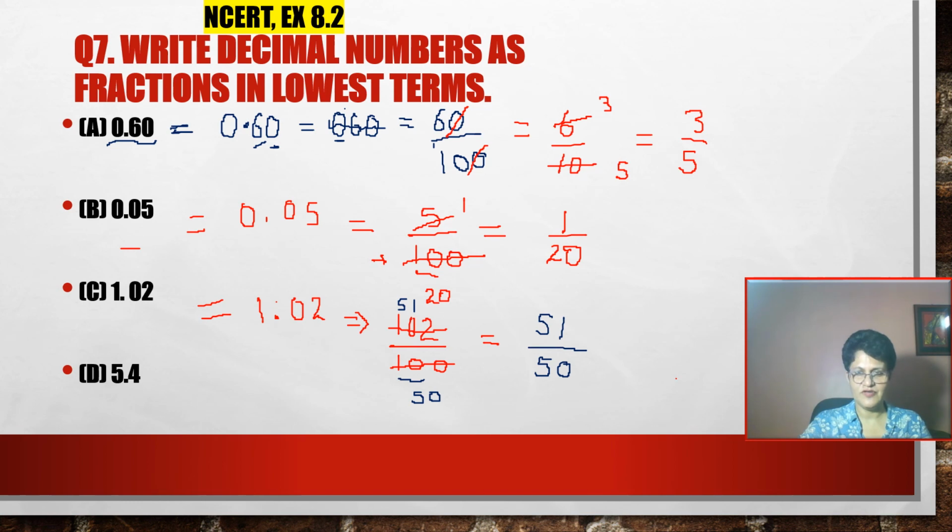Okay, tell me, is this an improper fraction or a proper fraction? It's an improper fraction. Why? Because the numerator is bigger than the denominator. So what will I do? I will convert this into a mixed number. I can clearly see 51 and 50 are very close. It will go only one time. So I'll write a 1 as the whole number. I'll write 50 at the bottom because out of 51 I will subtract 50. What will be left? I will be left with only 1. So my answer is 1 and 1 upon 50.